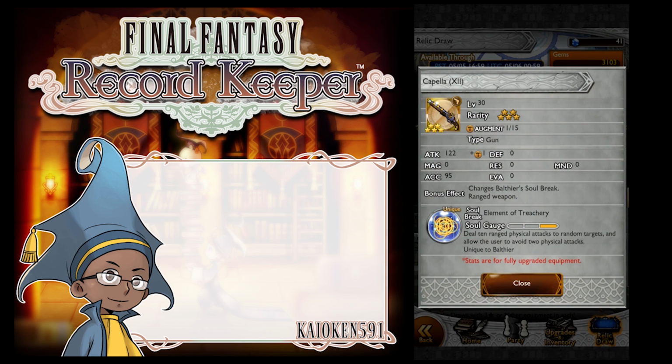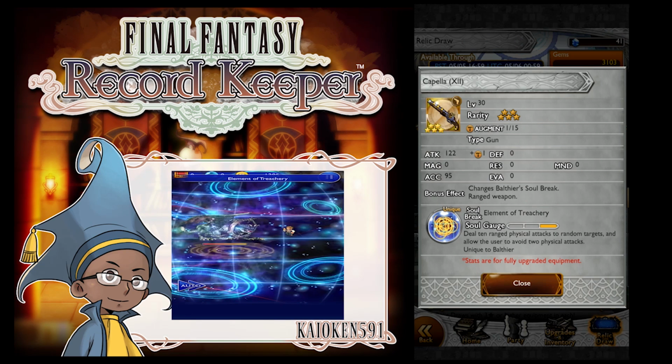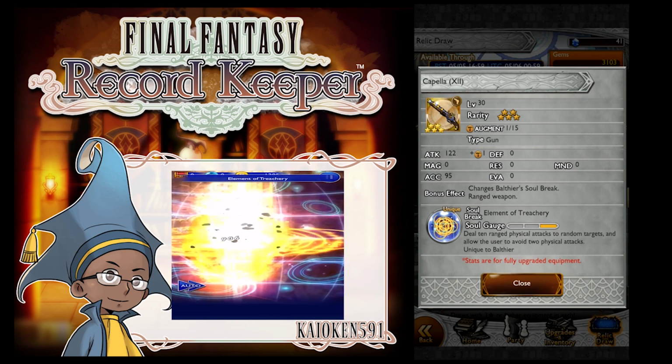Next up, we have Acapella. It's a gun for Balthair, 122 attack. Changes his soul break to Element of Treachery. Deal 10 range physical attacks to random targets, and allow the user to avoid 2 physical attacks. I really like this because it has physical blink too. I don't like how it's 10 random attacks,